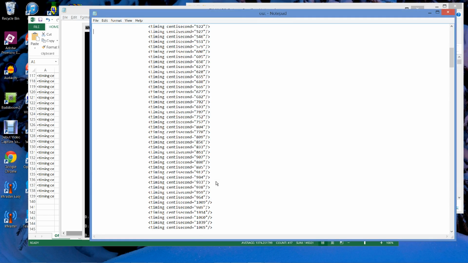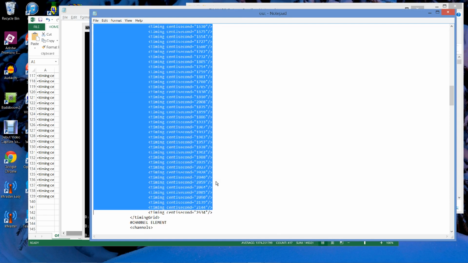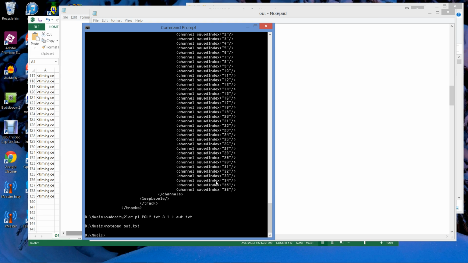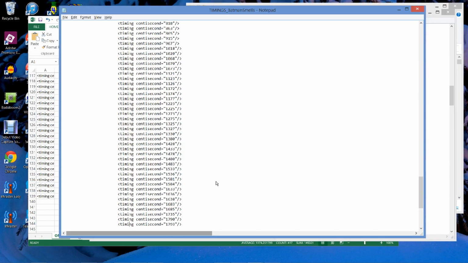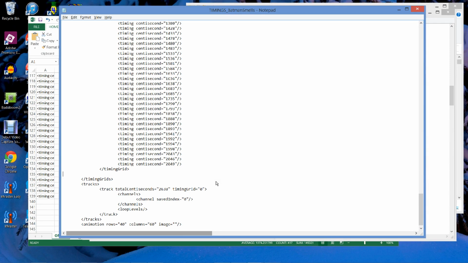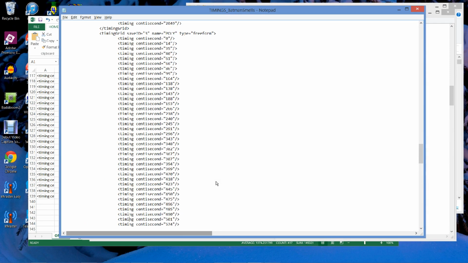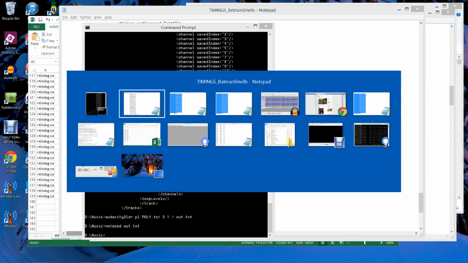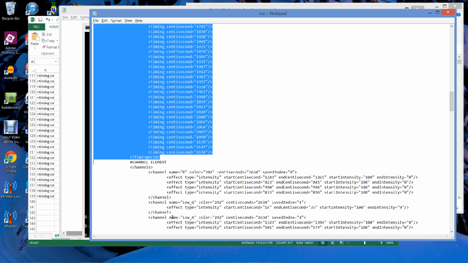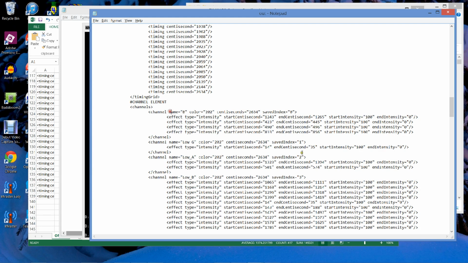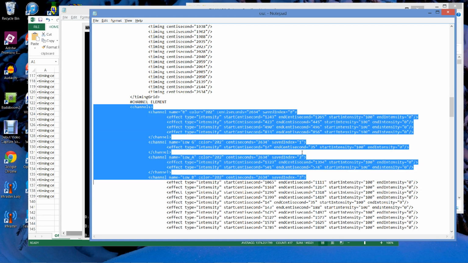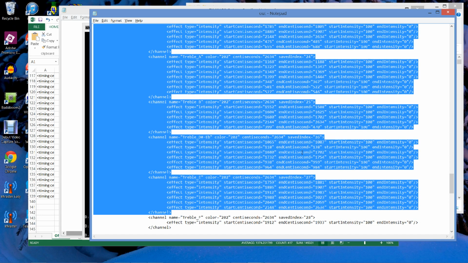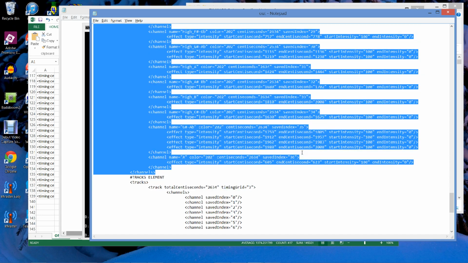First of all, give me my timing grid, okay? And I want that. So I'm going to take that timing grid and I'm going to stick it over with the others. See, so that's poly and it's save ID 3. Okay, now for this one I have a little bit of fun. See here, I also rewrote the channels section, and look at all the information that's there, and this is actually controlling the song. So I copy that,